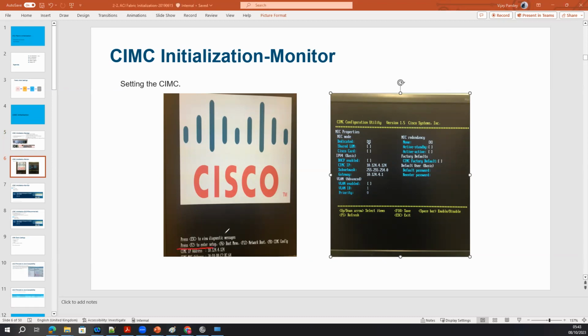Once you press F2, you get the option to modify the CIMC IP address and gateway, and to configure all these properties. Set the password and all these things. Then you press F10 to save the configuration. This is without a laptop.